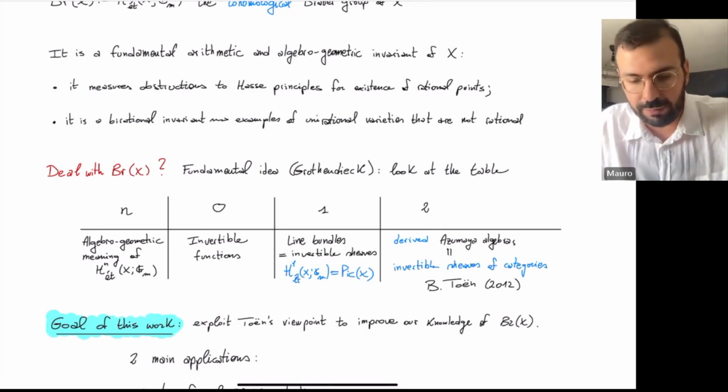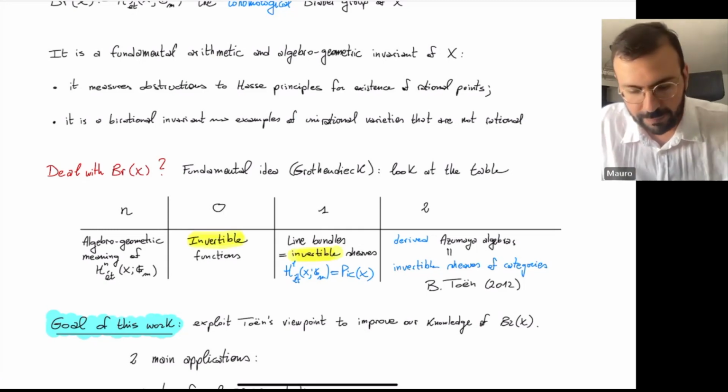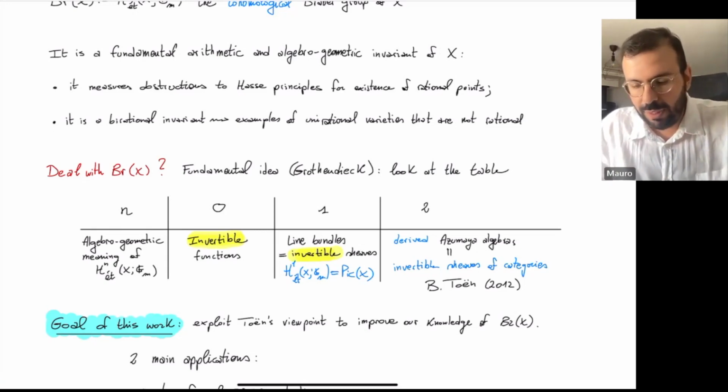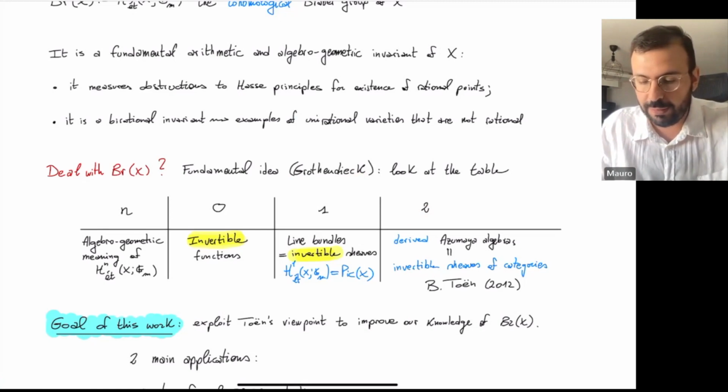So these are line bundles. And to keep some leitmotif that is important for this talk, here there is the word invertible, and here line bundles are invertible sheaves. And then when we pass to n equal 2, what Grothendieck did back in the 60s was to